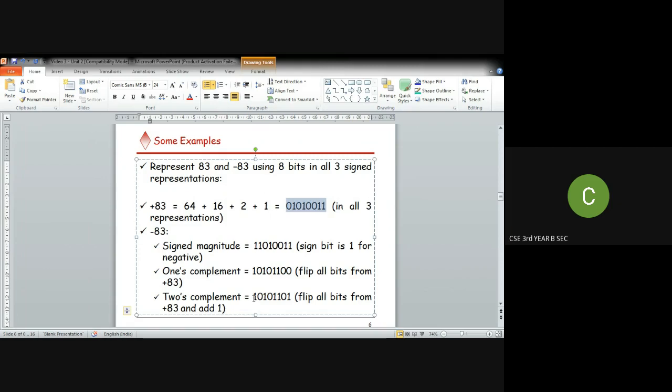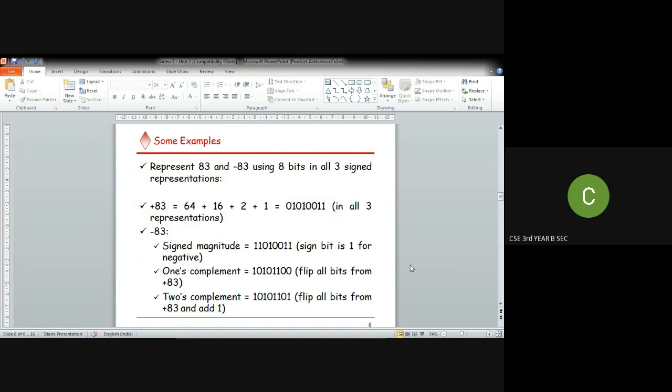Look here, this is the method for representing minus 83 in two's complement, which is nothing but, after converting into ones complement, we have to add 1 at the last bit, which means plus 1. If we add plus 1 in the last bit, we will get this value. So this is the two's complement method. Among these three methods, the two's complement method is the best one. Since it is the most powerful, we are going to do all the addition, subtraction, and multiplication operations using the two's complement method only.